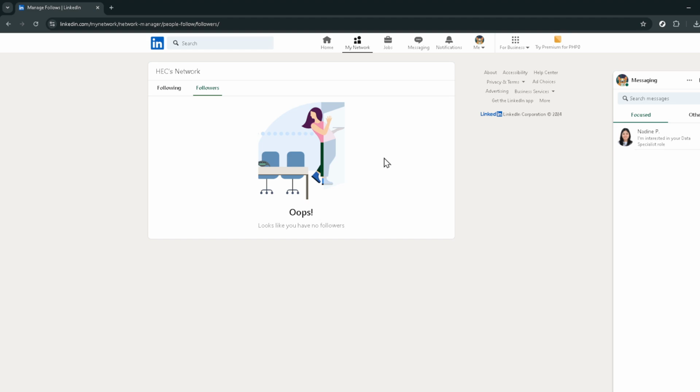You might be surprised by who's interested in your professional journey and the opportunities that could arise from simply knowing